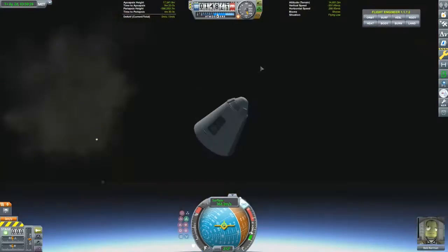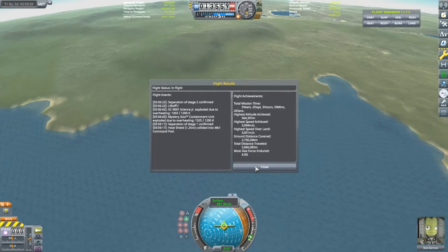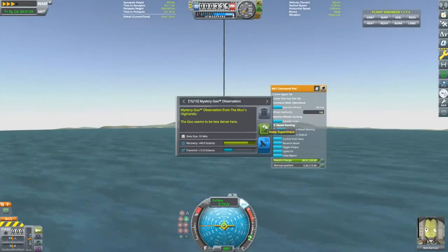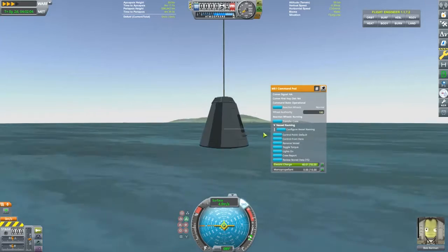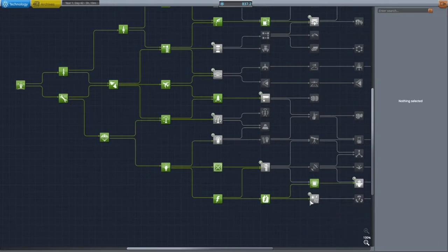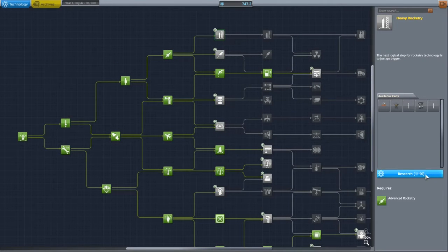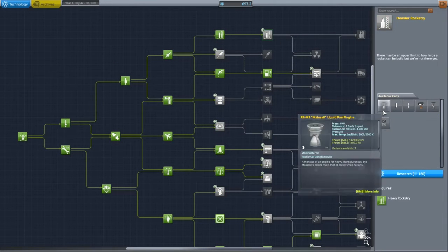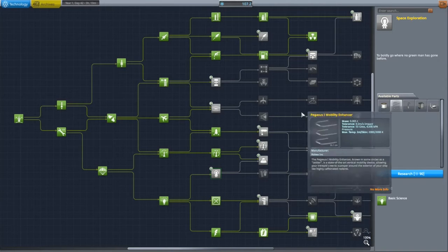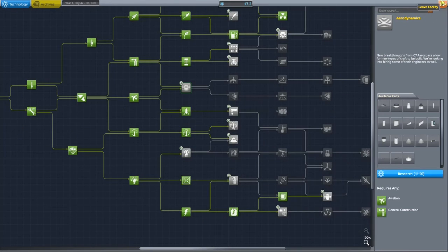So we're going to jettison the heat shield, and I'm just making sure that nothing went awry. I'm just going to make sure I got all of my experiments, and recover vessel. In our science points, we're going to go by the advanced electronics node, and then we're going to buy heavier rocketry, aerodynamics, and then the nuclear node. The nuclear